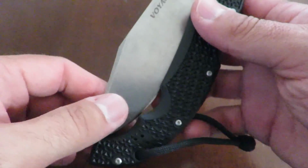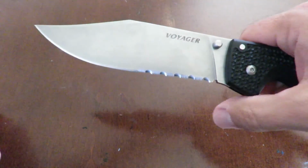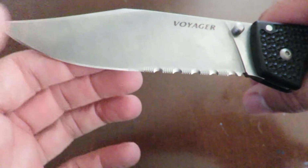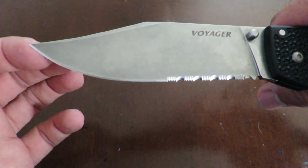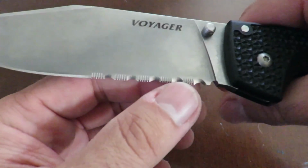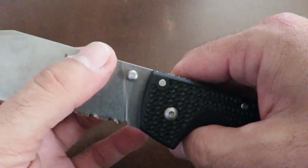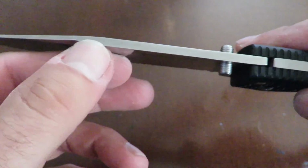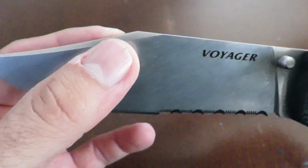And well, let's open the blade. Like I showed you, you can flick it open, but this time we'll just do it nice and easy. So, 5.5-inch blade, 50% flat plain grind, and the other is a combo serrated edge. It's a full flat grind. It's, I think, 4 millimeters thick here at the spine. Nice wedge on the clip point,